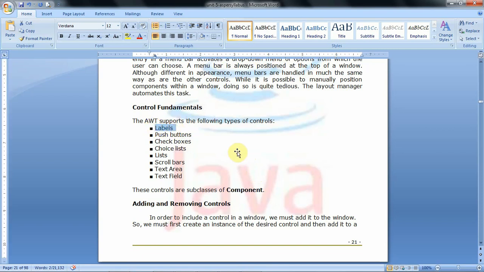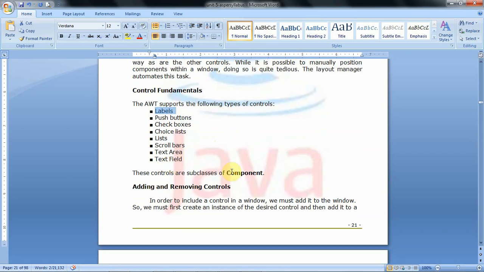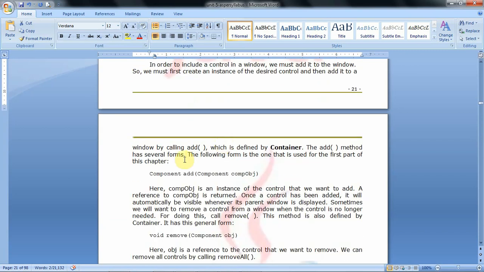labels. Before seeing about labels, first we will see how to add and remove these components or controls to the container or window. To add an AWT component or AWT control to the window, that is either applet window or frame window, we have the add method.